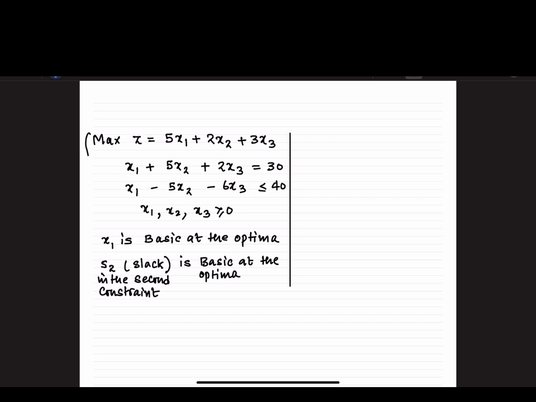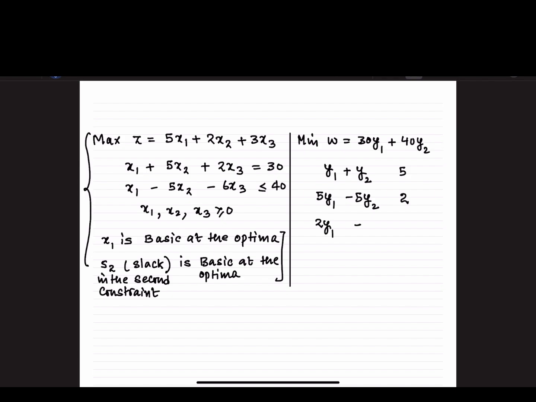We have this problem, and this is the information that is given. So first of all, we have to write the dual. So the dual is minimize W is equal to 30y1 plus 40y2. The first constraint is y1 plus y2, the second is 5y1 minus 5y2,